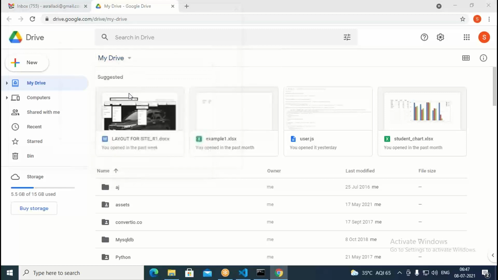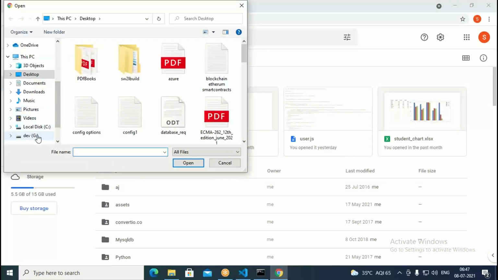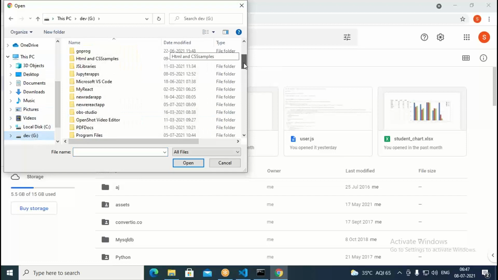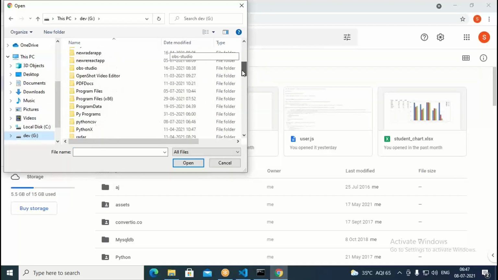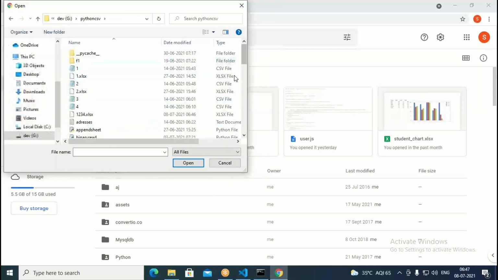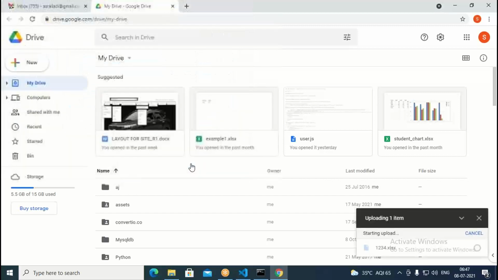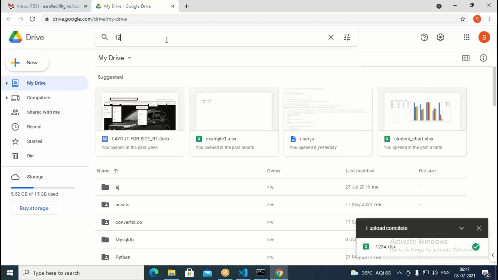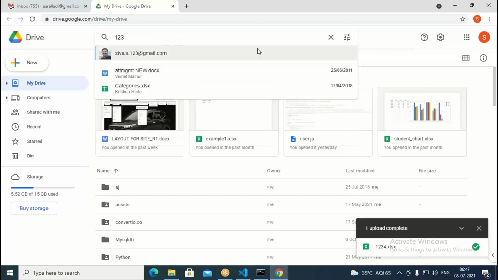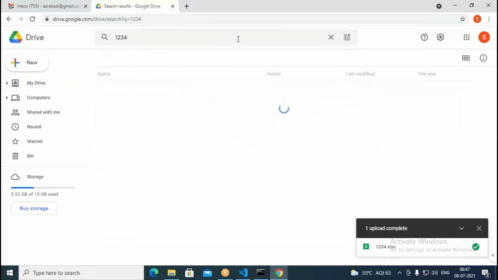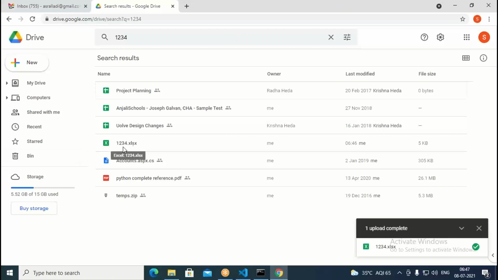From here, upload files. Now from the G drive, whatever Excel file was created, I upload. Then it is uploaded. I can search 1234, and it shows that file. Now when I click on it, it gets opened.